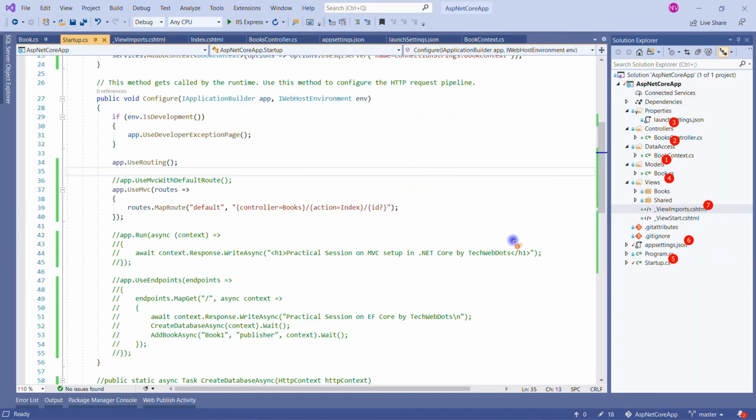So now, before moving to the session, I have just given a name, so we can recall. On number 1, we added the model folder. Number 2, data access. Number 3, controller. Number 4, views auto created with the help of Entity Framework. Okay, and number 5, we have performed the changes on the startup file. And number 6, we made the connection string in the appsettings.json file, and we have added the view imports Razor component to import the required tag helper changes. Okay, so let's go back to the session.